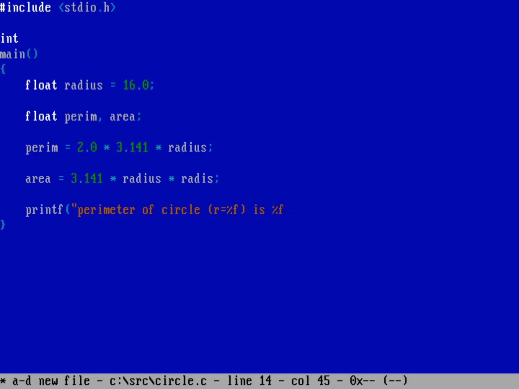Is %f, another floating point value. And then a new line. All right, so in order, I wanted to give it the radius of the circle first. So radius, and then comma, and I want to give it the perimeter, the result, right? So perim. And I want to close my function and a semicolon, and let's go ahead and print out